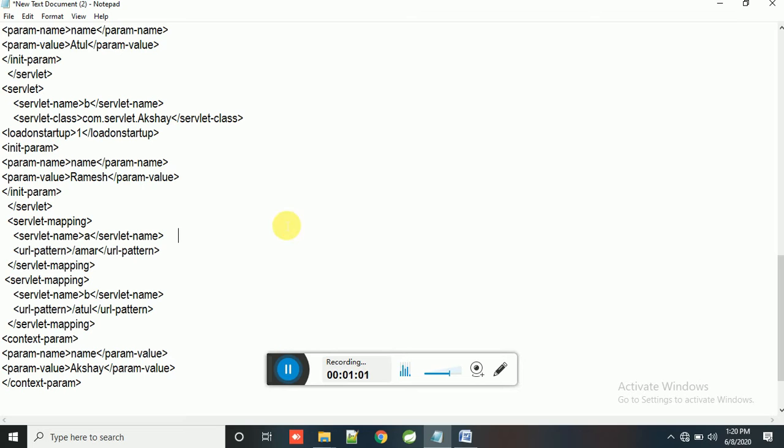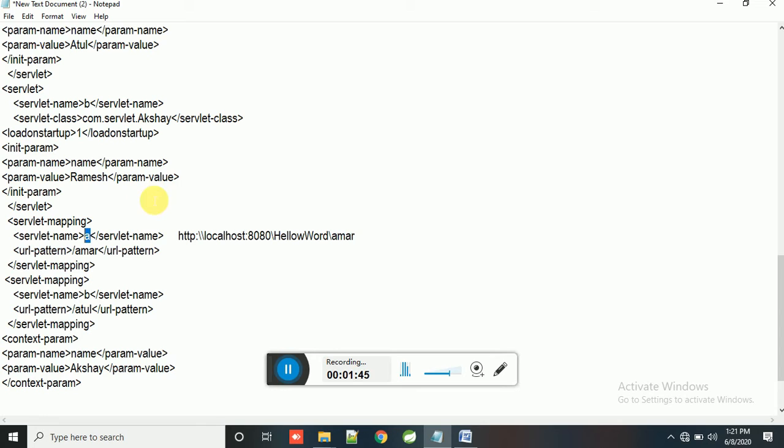Here I am writing some mapping by using localhost, hello world. At the time of this mapping, how is the servlet created? When the servlet object for A is created, the name here is A. It is created when a request comes through the browser. There are two ways. In the previous tutorial I told you, by using load on startup, or at the time of submitting data in a form, when that request is hit, the object will be created, or at the time of your server starting. There are two ways.